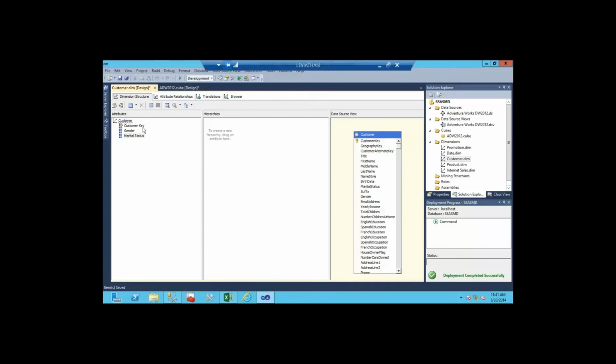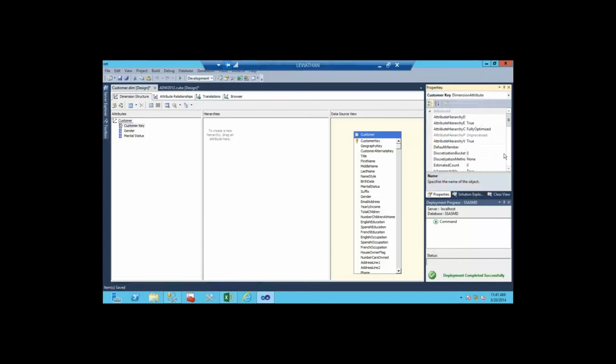If I don't want my users to see one of these columns, I either don't add them from the DSV, or if it's over here on the left-hand side and I need the value, so I always have to have a key. But if I don't want my users to see this value, what I can do is right-click and go to Properties, and then I have a property in here called Attribute Hierarchy Visible. All I have to do is switch that to false, and it's no longer going to show up in my pivot table list. So I'm going to go ahead and process this and get this deployed out. So I'm going to process my changes